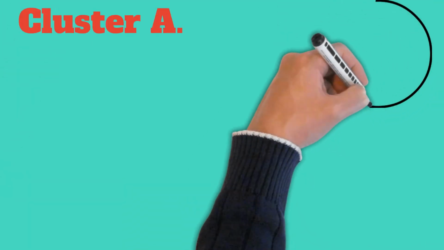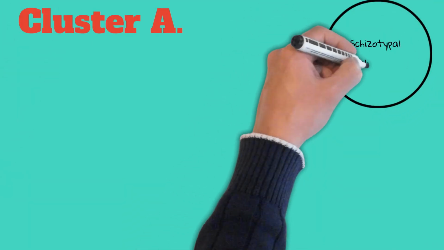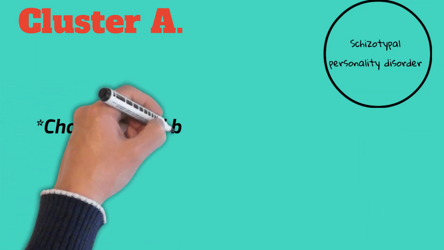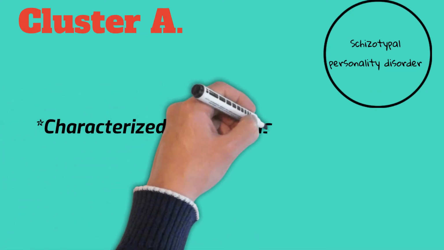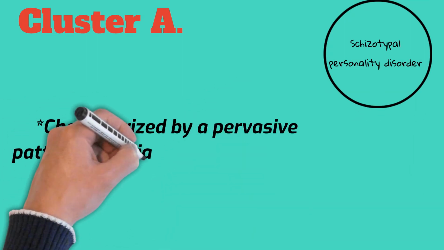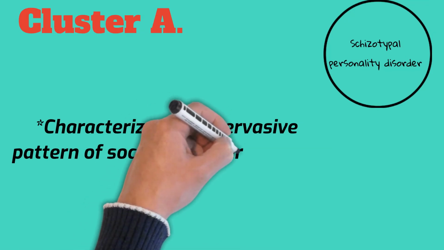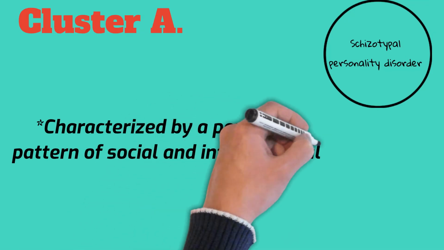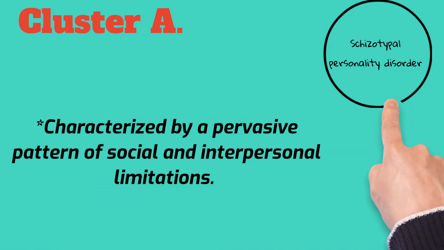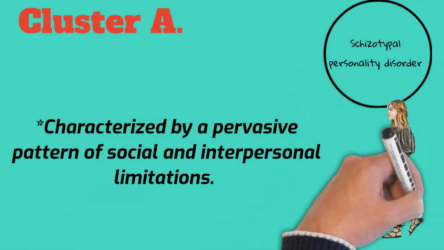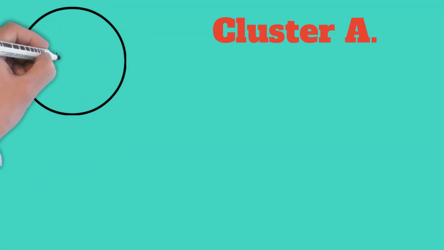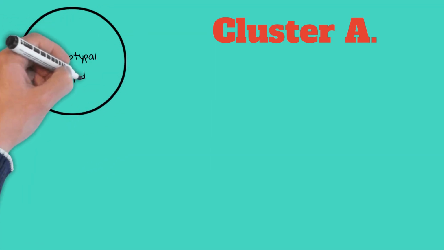Last but not least, we're going to move on to schizotypal personality disorder. Individuals with schizotypal personality disorder are often described as having unusual personalities. They tend to have few intimate relationships, distrust in others, and experience a great deal of social anxiety. Other traits of schizotypal personality include the following: using a peculiar style of speech or unusual speaking patterns, lacking close friends,